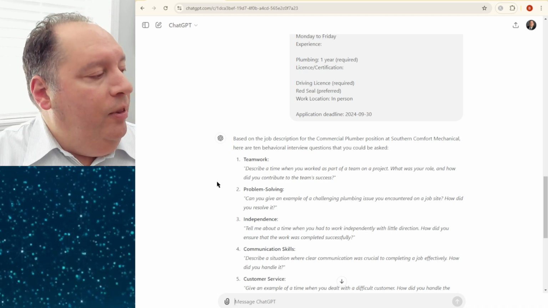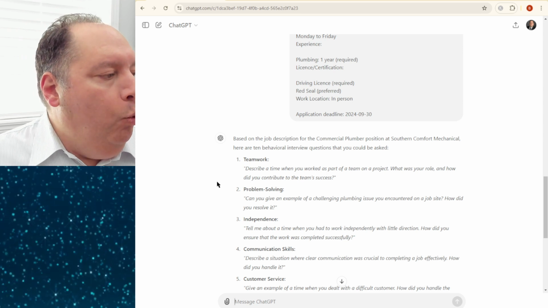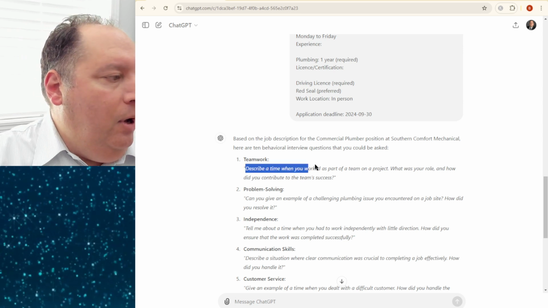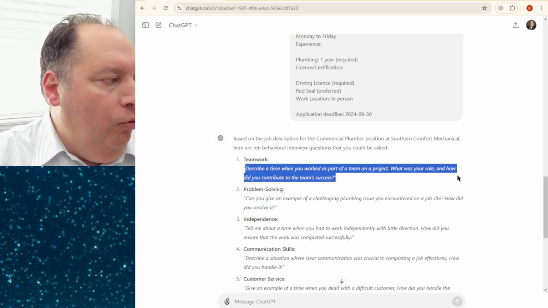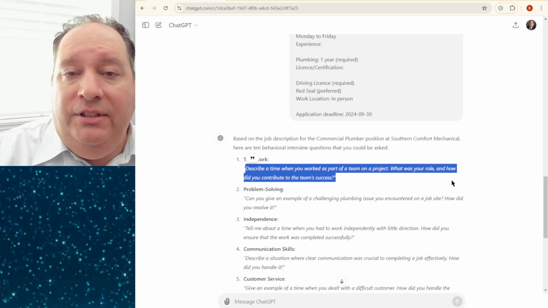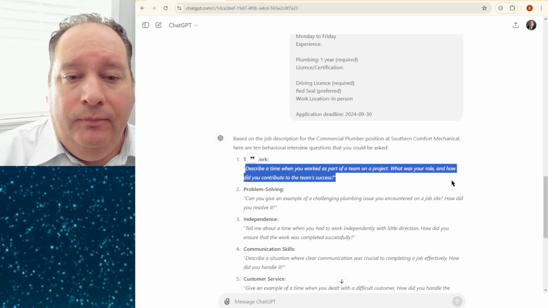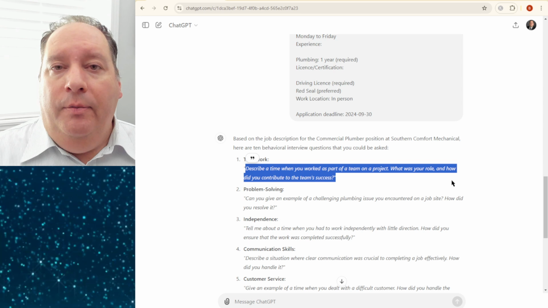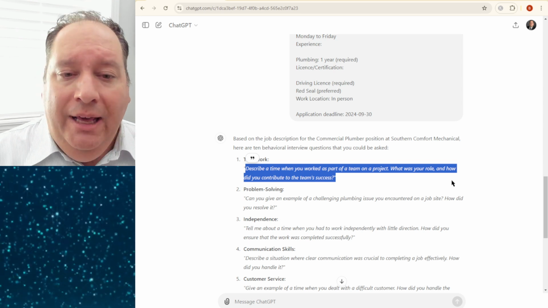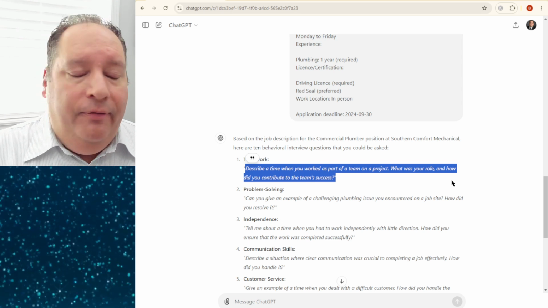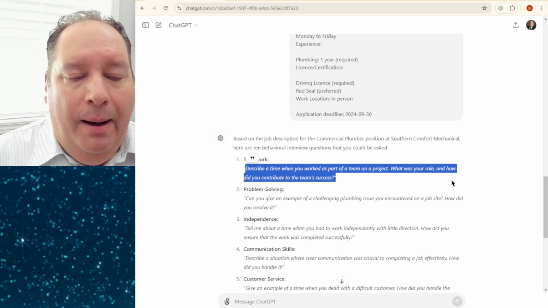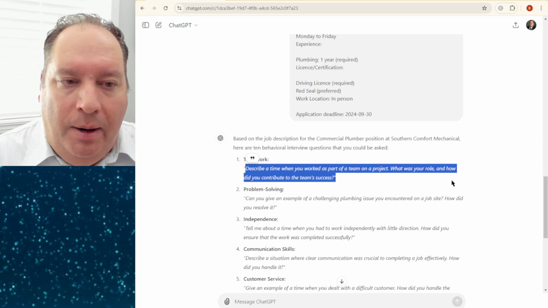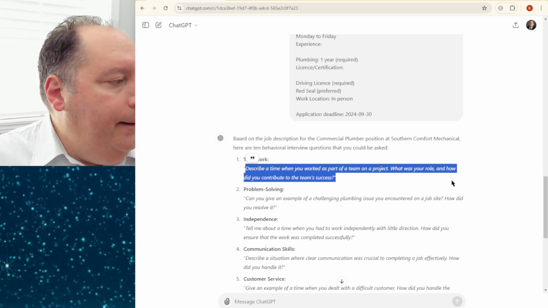So teamwork. They may say, describe a time when you worked as part of a team on a project. What was your role and how did you contribute to the team's success? Okay, so that's an example of a behavioral question, or a STAR question, and you would answer this in the STAR format. So I'm just going to make something up. If I was asked this and I was trying to get a job as a plumber, I may say, okay,